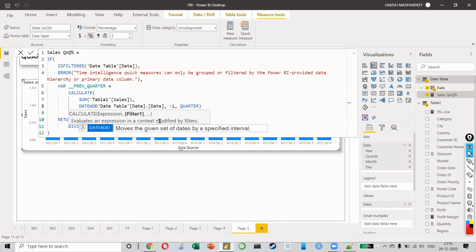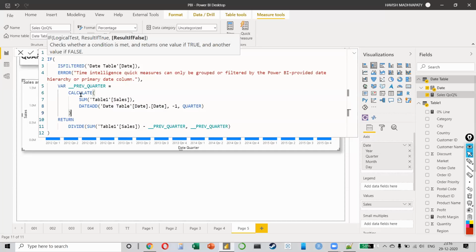Look at the description, everyone. What does the DATEADD function do? It moves the given set of dates by a specified interval. That means if you give it January, it will go to December. If you give it February, it will go to January. So what did we do? We said move my dates by -1 quarter. That means go back to the previous quarter, and that is how you get the value for the previous quarter.